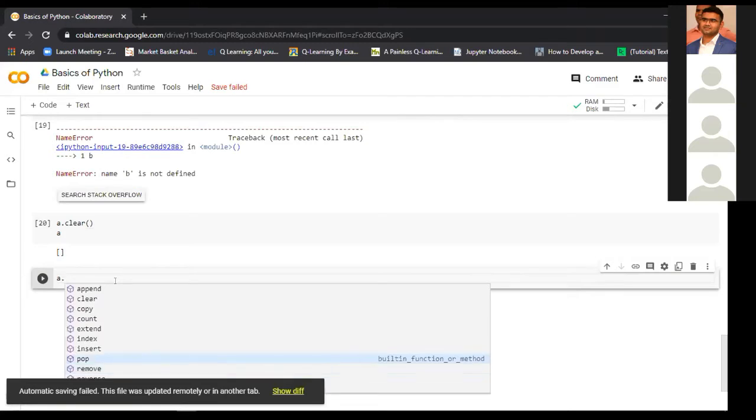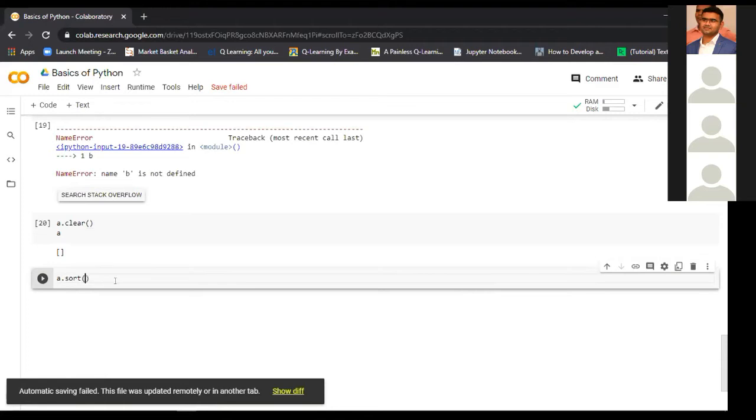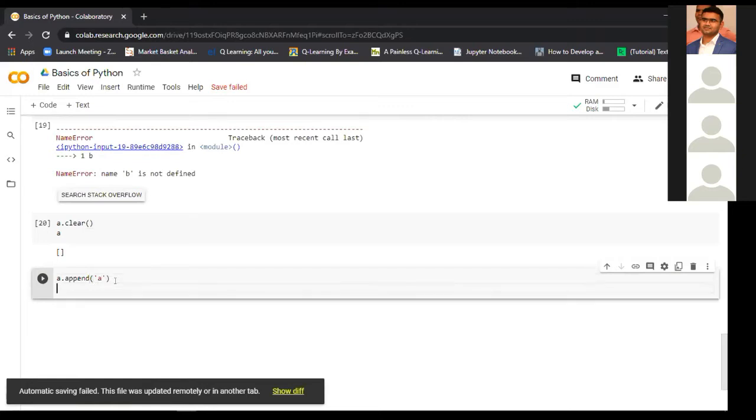Yes, we can use append. So append a. We can use this multiple times. B.